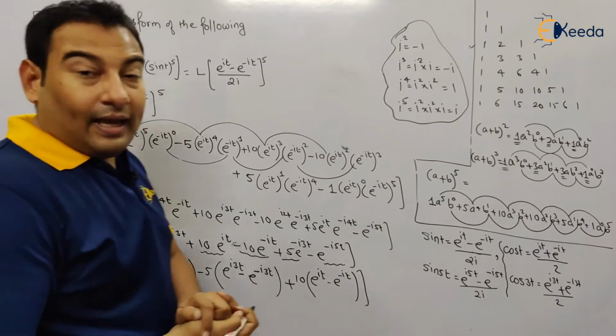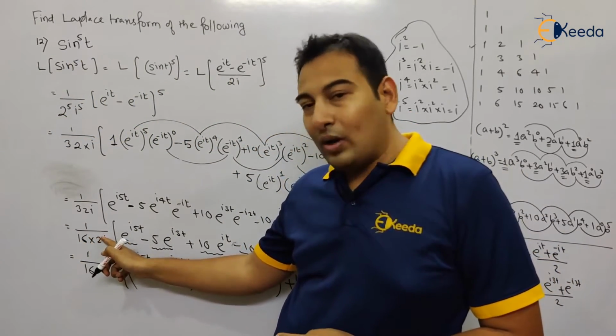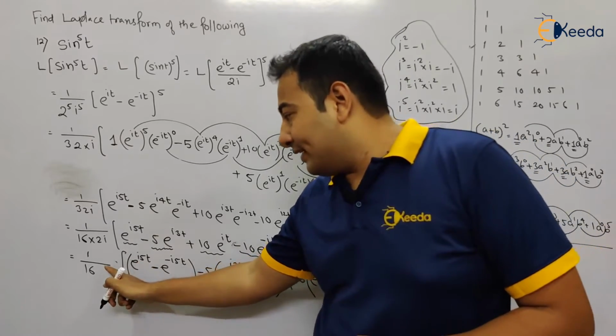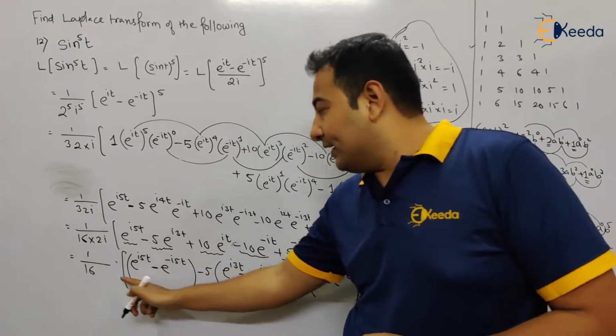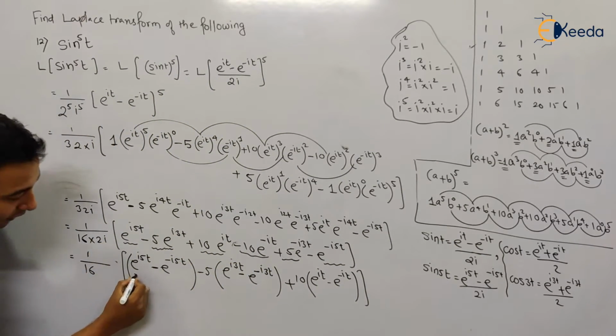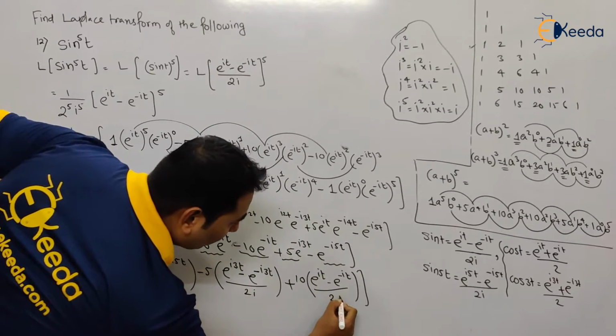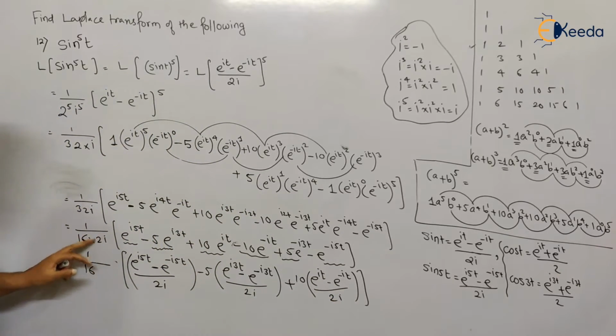See here, outside I have written 16. This 2i I am taking inside. 2i is actually here, but I am taking it inside. Right? So if I take this 2i inside, here it will be 2i, here it will be 2i, here it will be 2i. If I take it inside,